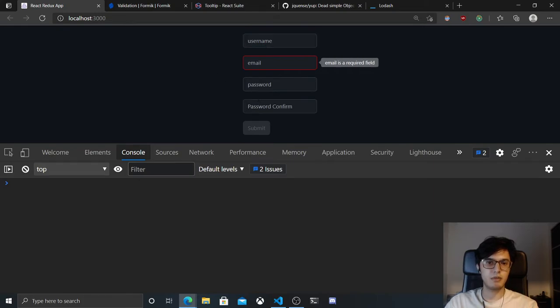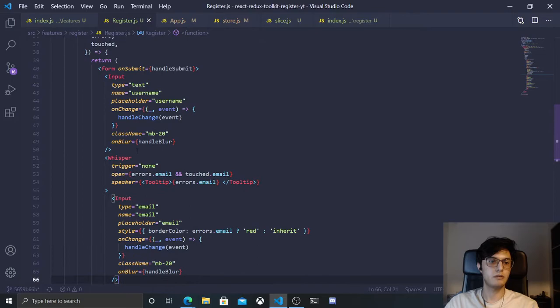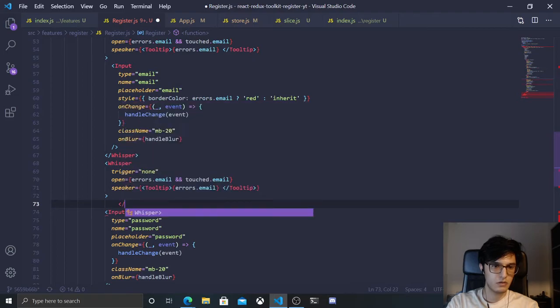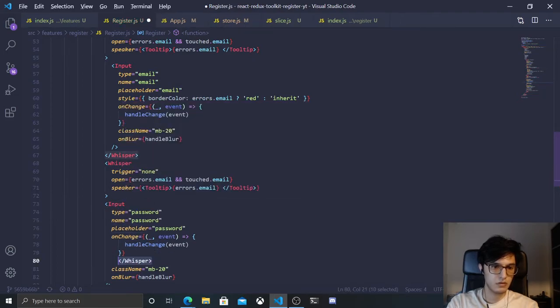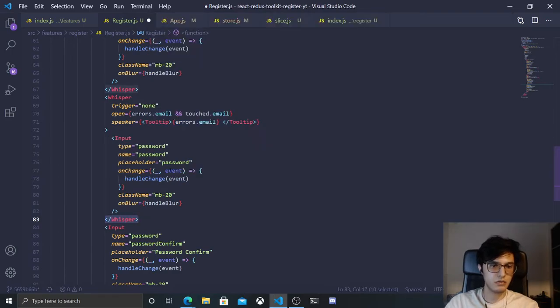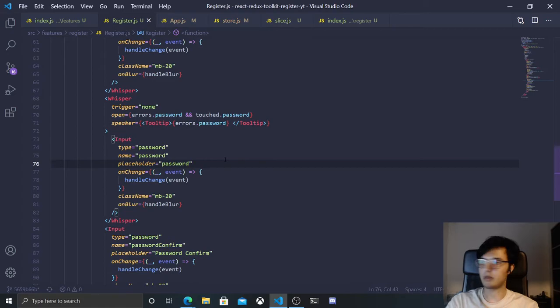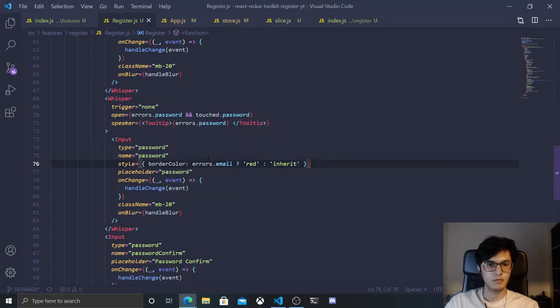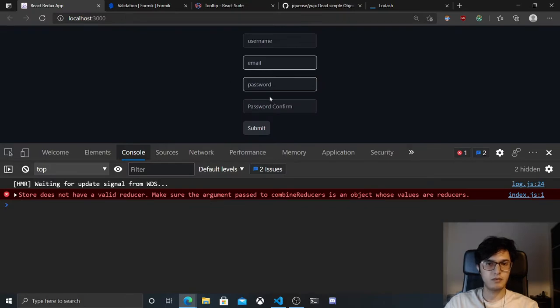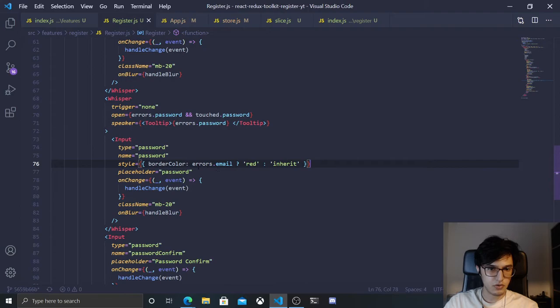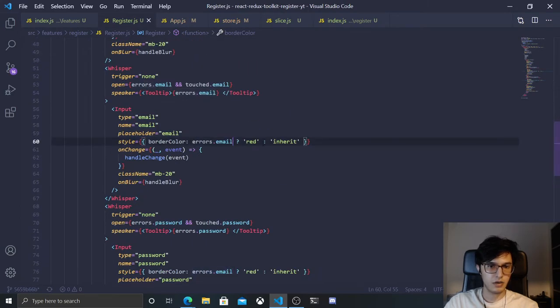Yeah, so we need to do the same thing for the password and the password confirmation. So let's copy this, put it here. Just like this, and this will be for the password like this, and I need to copy this as well, put it here. So by default it's nothing, but as soon as I touch it and go out, it will tell me that this password is a required field. I think I need also to put here and